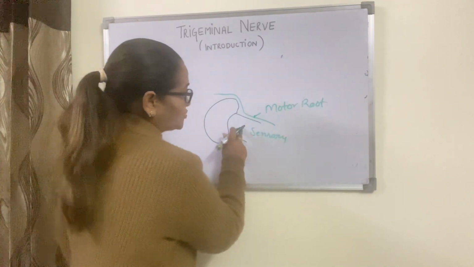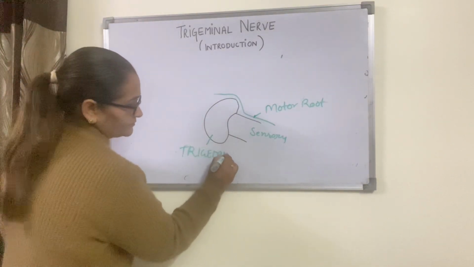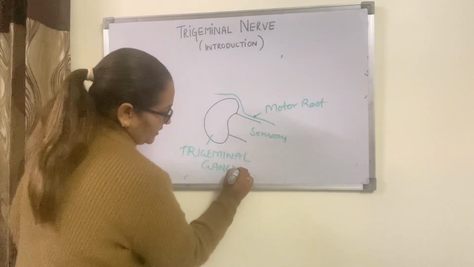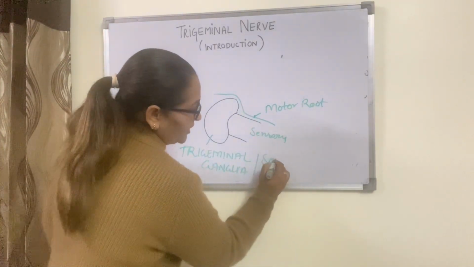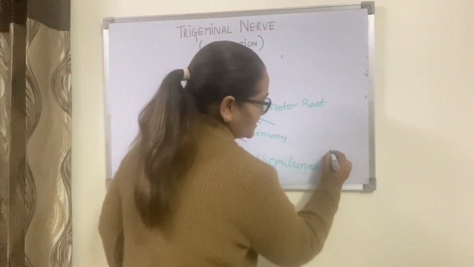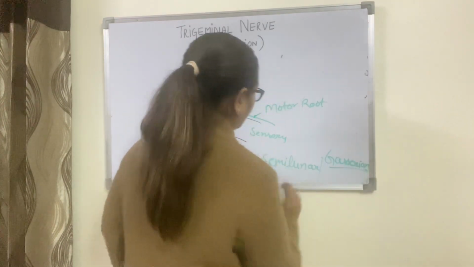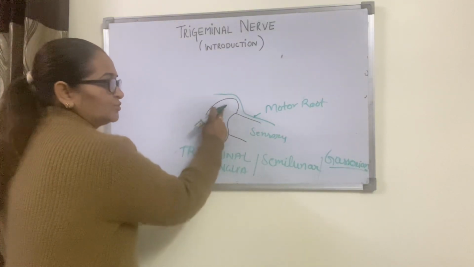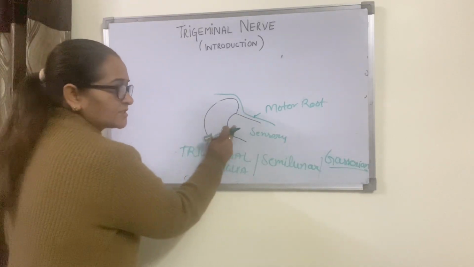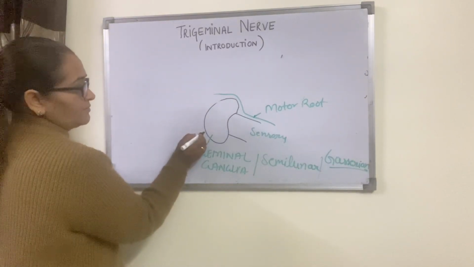Now this sensory root bears the ganglion which is known as the trigeminal ganglion, or semilunar ganglion because of its shape, or another name is Gasserian ganglion. So it is semilunar, half moon shaped. It has a convex surface and a concave surface. The concave surface is related with the sensory root, and from its convex surface the three roots emerge: